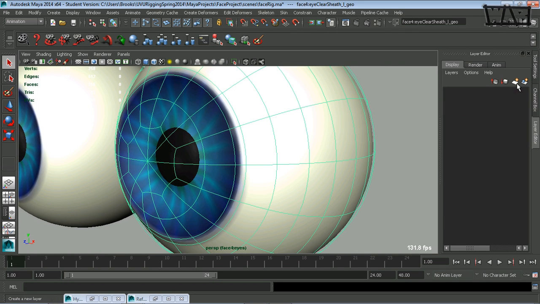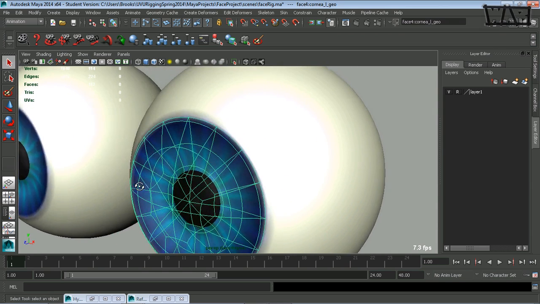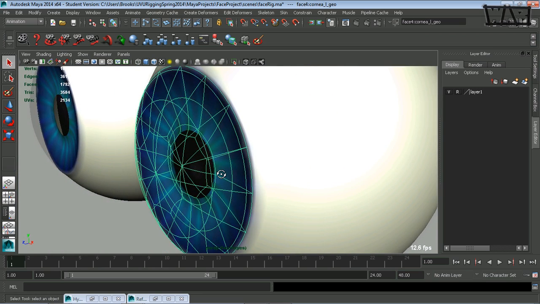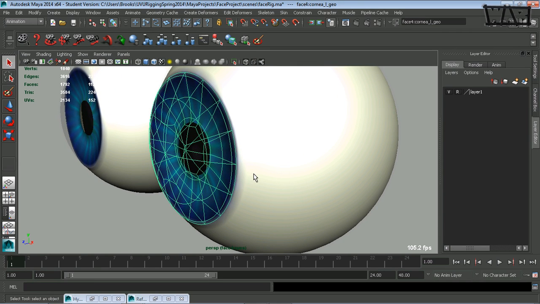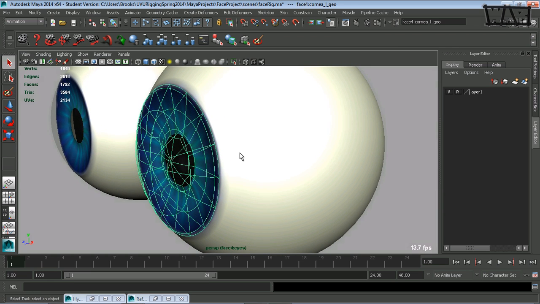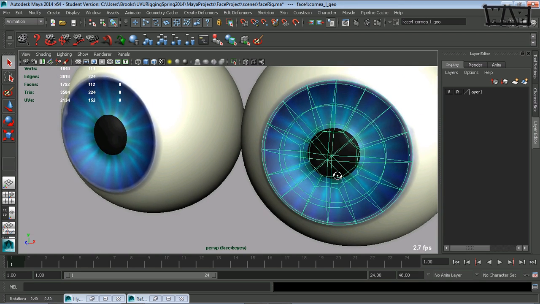that I don't want to be able to select, and put it on a layer temporarily, and I'll reference that so I can't select it. I do want to be able to select this lens cover, or the cornea, which I probably should remodel a little bit, but I'm just going to leave it like that for now. And I do want to be able to select the lens,